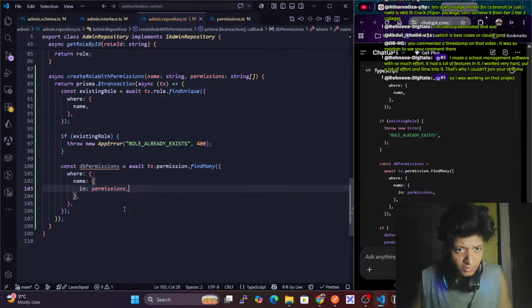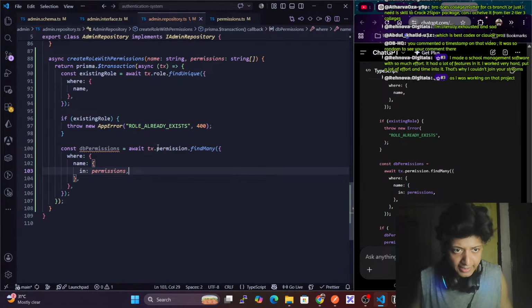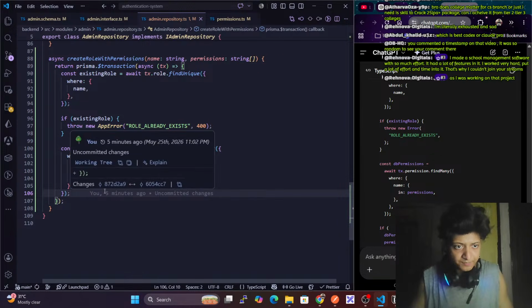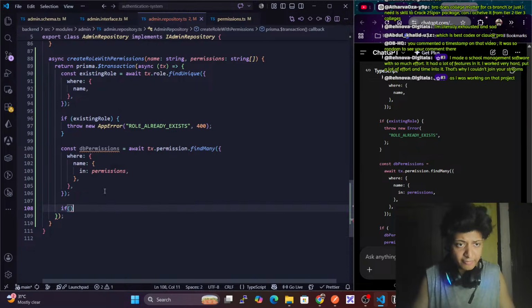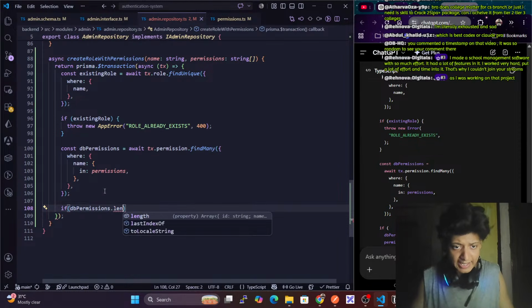Okay, fine, we have this db permission, and after getting this we can say if dbPermission.length